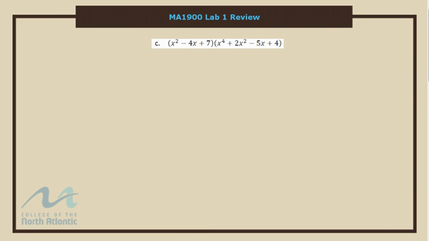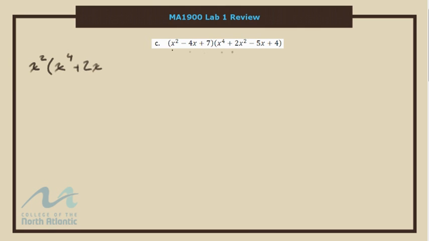Okay, now as we go on to see, what we're going to do is just group these. This becomes a really big multiplication because we have to take each value from here and multiply it by each value of this part over here. So what we're going to do first is say this is the same as having x squared multiplied by x to the fourth